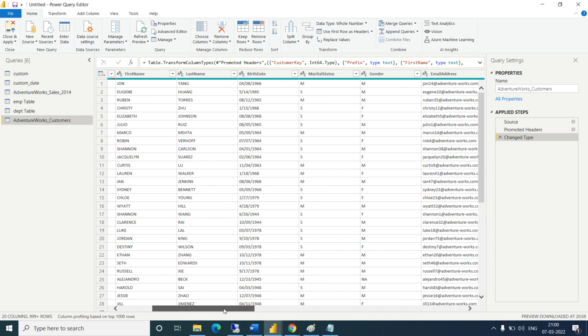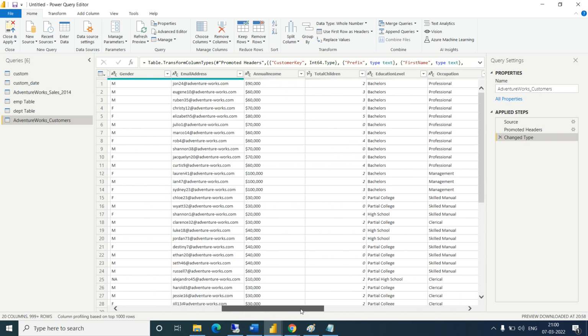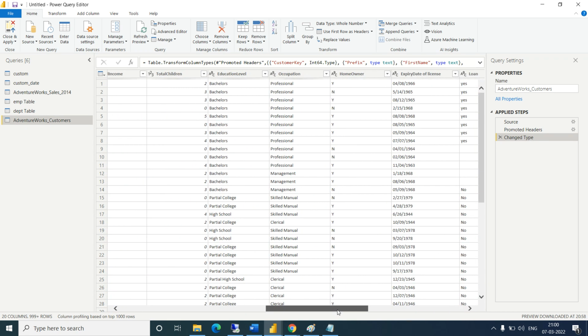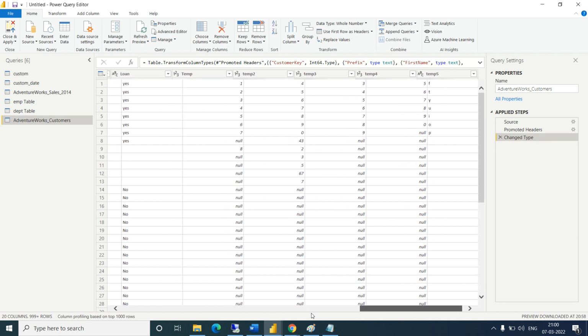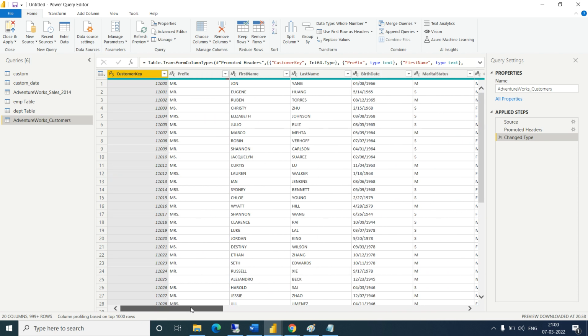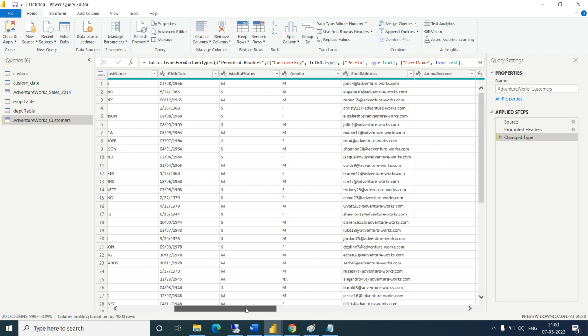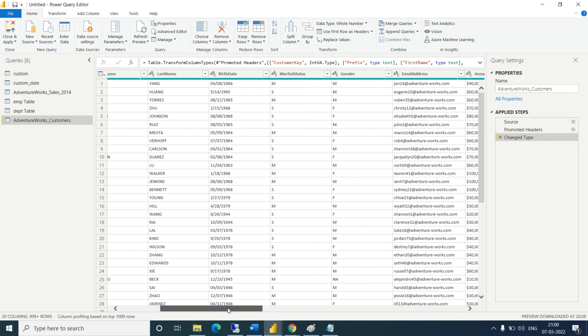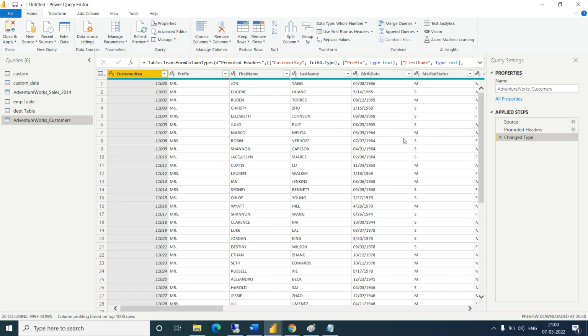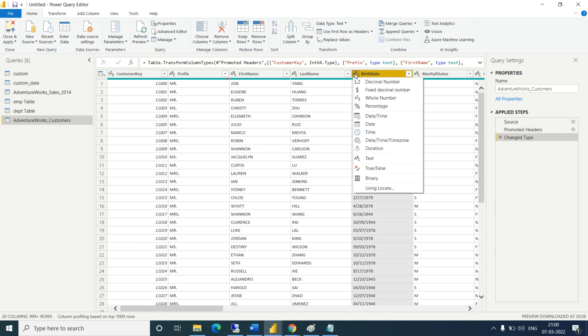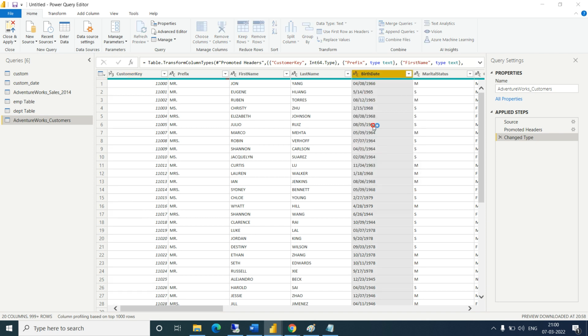Month wise. So where is the month? Okay, we don't have month. We have birth date, but from birth date we need to extract the month or year, and it will create a problem.